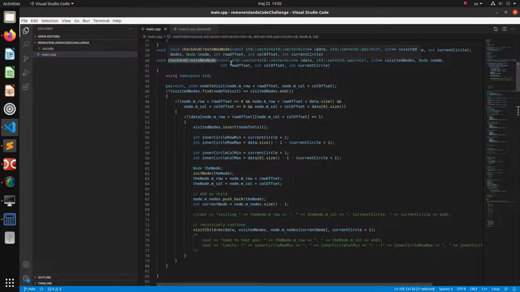So then we go to the check and create new nodes function. It just carries this data with it, and then it has a row offset and a column offset. That is, if you're going to visit the one that's on top of you, the row offset would be -1 here. If you were visiting the one that's below you, it would be +1. So the first thing we're doing is, of course, check that we haven't already visited this one. And then we check,